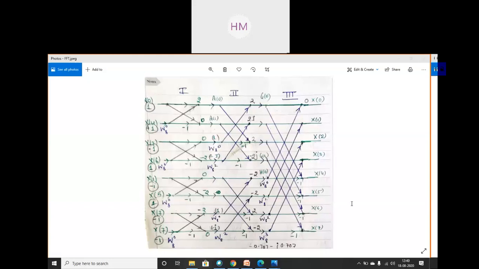What does the Twiddler factor become? W to the power 0 and the base will remain the same, 8. W to the power 1 and the base will remain 8. Okay, so start finding the Twiddler factor. So I will show you other slides on how you have to find it. See, this is another numerical, but how you have to find the twiddler factor you can see from here. W to the power 0, 8. This way I have to write. Is the twiddler factor equation visible to everyone?